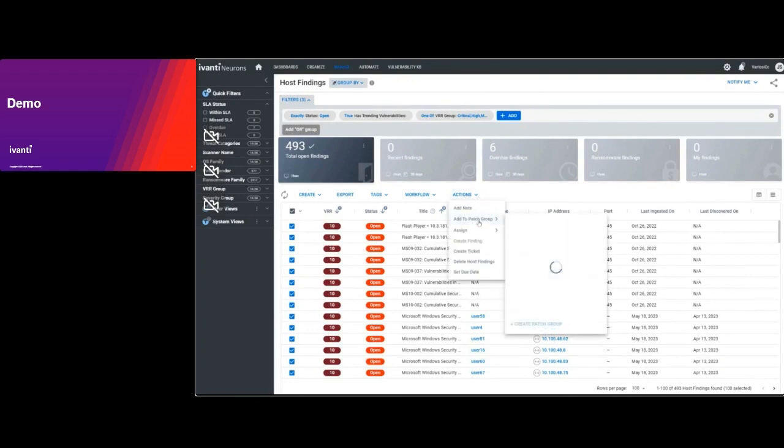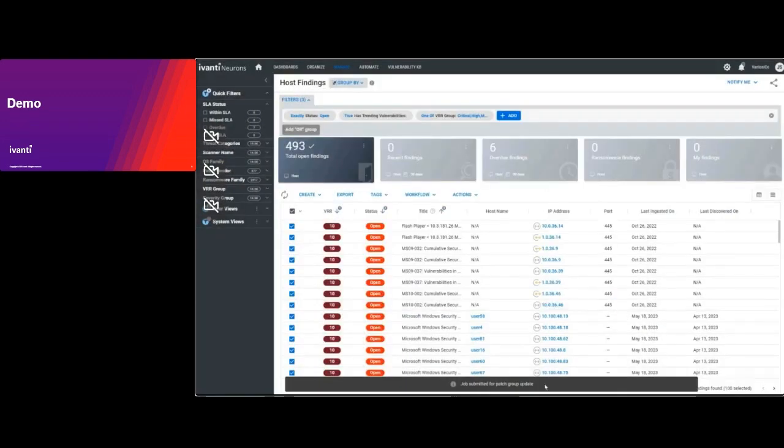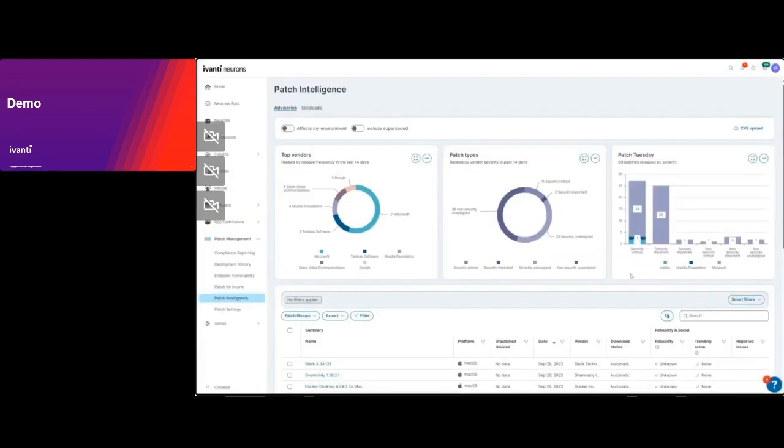And the one we'll choose is to automate the handoff to the patch team. In order to do so, you simply select the findings and add them directly to an existing patch group or create a new patch group that gets added into Ivanti Neurons for Patch Management. The CVEs associated with the selected findings will then be mapped to applicable patches for testing and deployment by patch admins. And with just a few clicks, we've passed some of the highest risk vulnerabilities in our environment to the